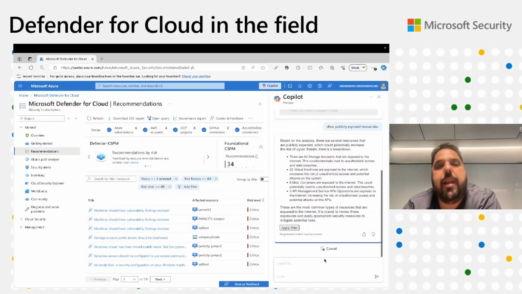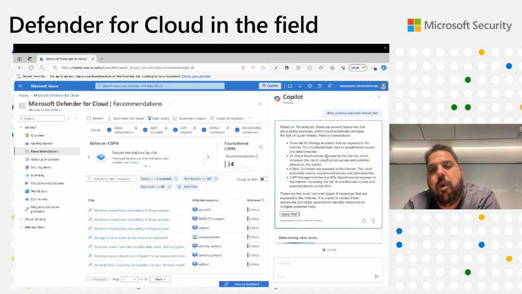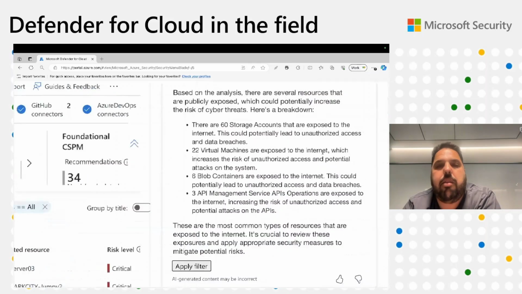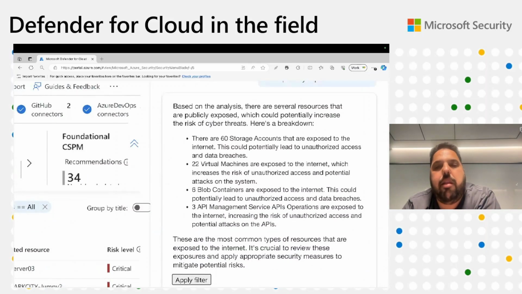So we are running that over the map. And now when we get the response, let me just increase the screen. Based on the analysis, there are several resources that are publicly exposed, and it's giving us a breakdown of the top ones. Okay, so we have 60 storage accounts, 22 virtual machines, 6 blob containers, and 3 APIs. And for each one of them,